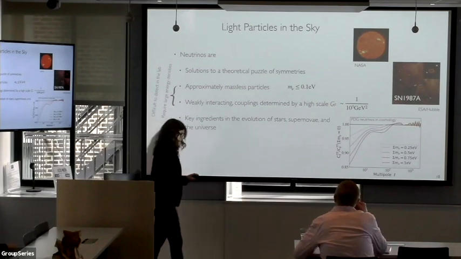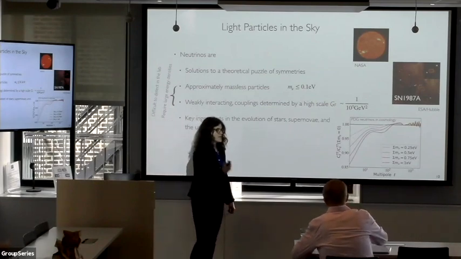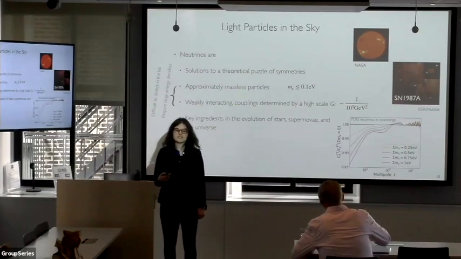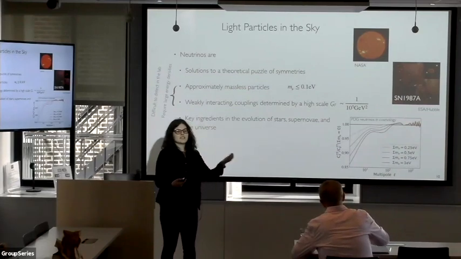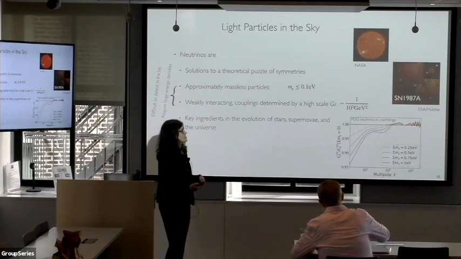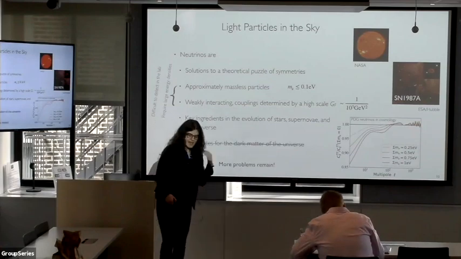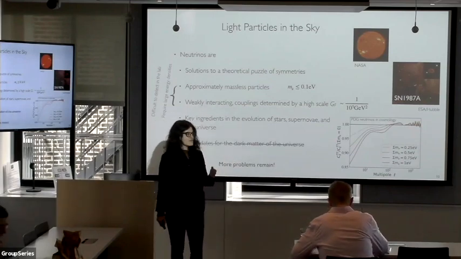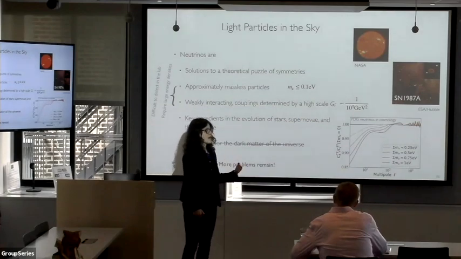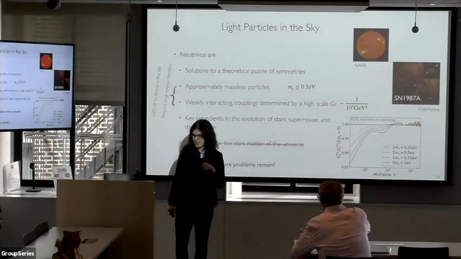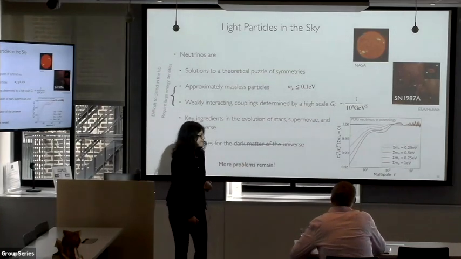On the other hand, neutrinos have also helped us understand some of these objects. For example, measuring the neutrino flux from the sun is providing key insight into the processes that go on in the stellar interior. Now, of course, while people might have thought that neutrinos could also be a solution to the dark matter problem, they're not good candidates for the dark matter of the universe, and so there's still work to be done.